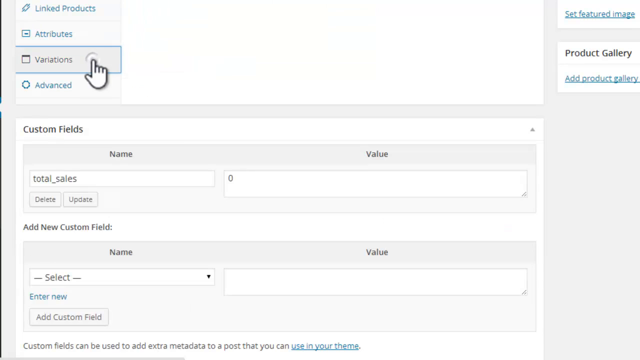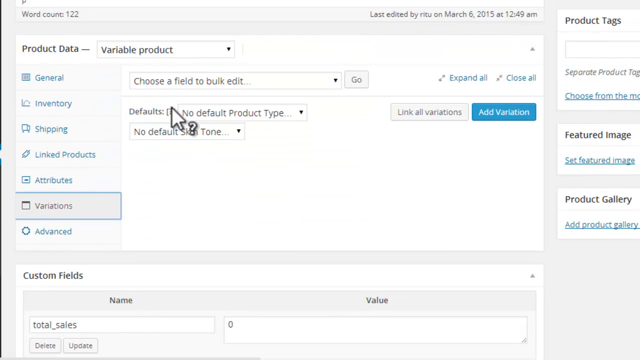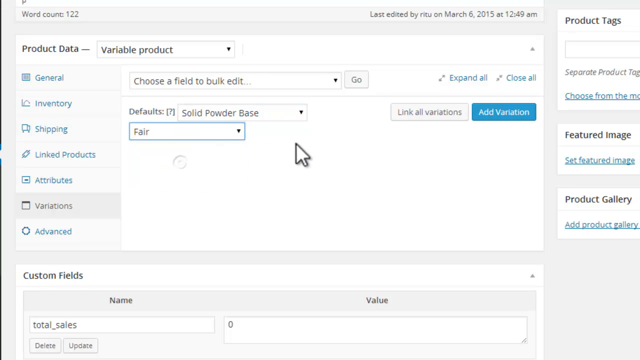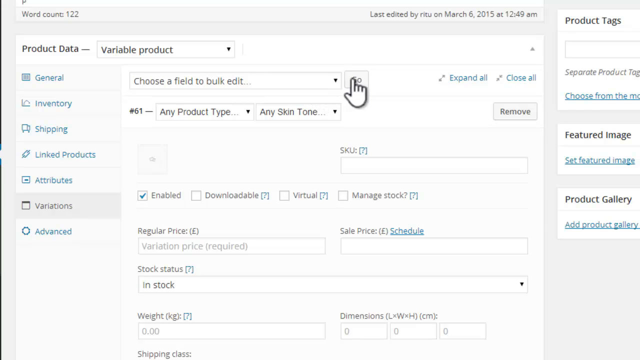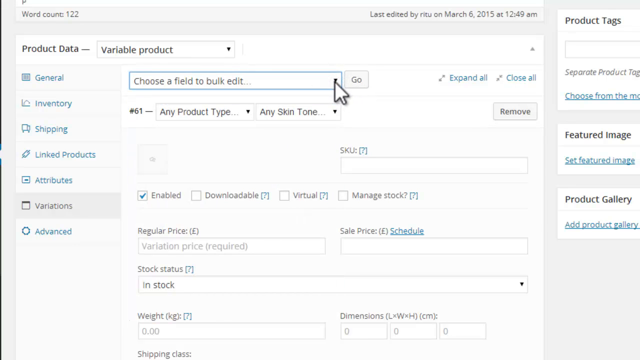Now when we go to variation, we have to choose the default. The default product, let's have maybe solid and go for the fair. Now after selecting this default product, we can add the variation. We can choose a field to bulk edit, but let's just do it step by step so that we don't miss